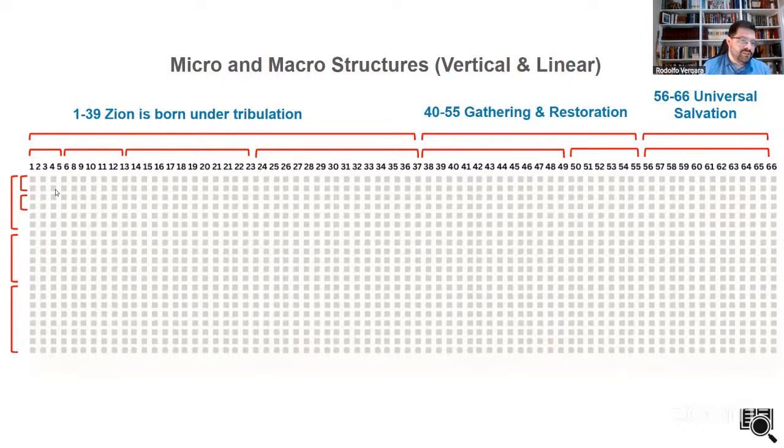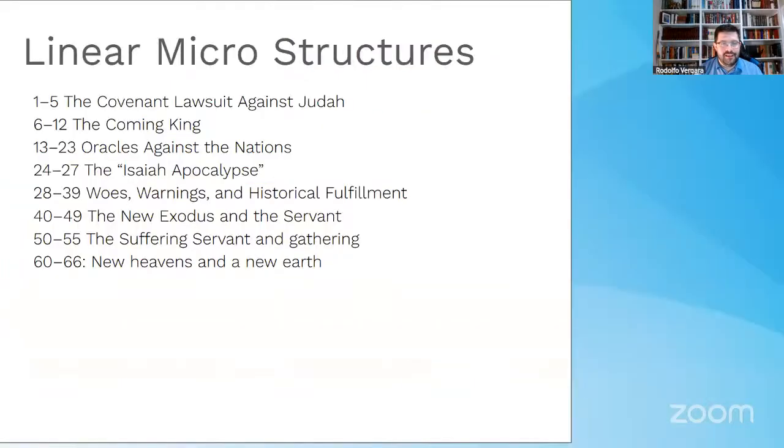And then on a chapter level, the vertical, right? Here are the verses. You have the parallelism between two lines sometimes, and then I expound that through the chapters, and then we see chapters, sections, and so forth. So to put this together really is a masterpiece. And this is some of that linear microstructure.